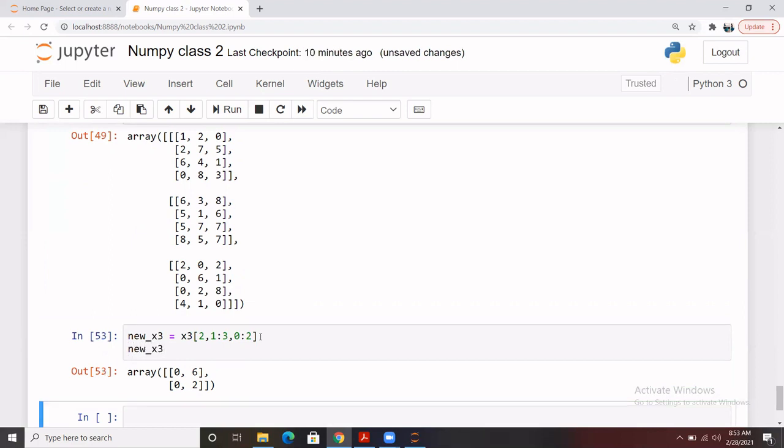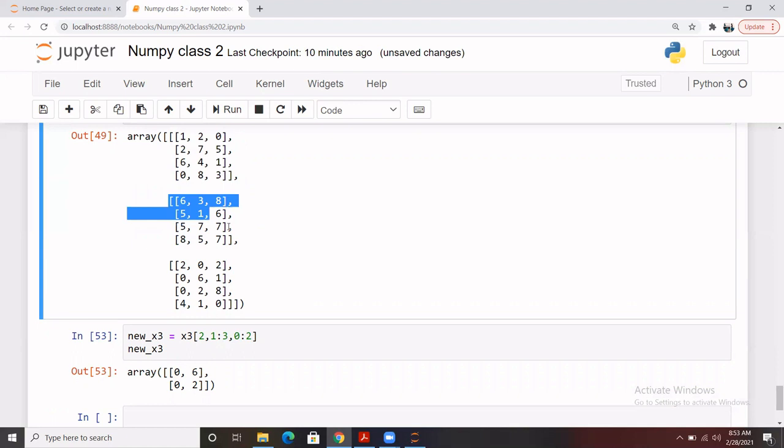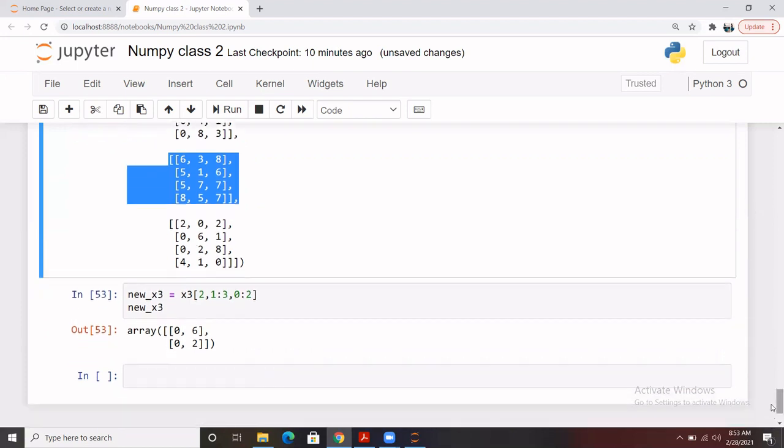Here it is. So you can apply indexing the similar way we did for two dimensional here, but first we need to mention the array. Let's say you want to do a certain operation or extracting from this array. So first we need to mention the index for this array, which will be 0, and for this array the index will be 1. So the syntax would be 1 comma and the row part and then the column part. I believe it's clear to you. So this is basically what we do for slicing.